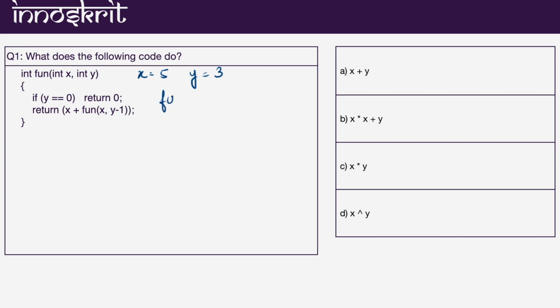When the function call fun 5 comma 3 is made, first this statement will be executed, and it says that if y is equal to 0, return 0. But here we have y which is 3, so this will be false and we'll move to the next statement. It says return x plus fun x comma y minus 1. So we have to return x, that is 5, plus fun of x which is 5, and y